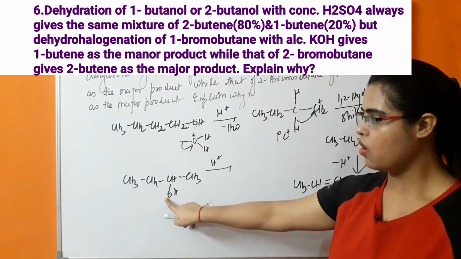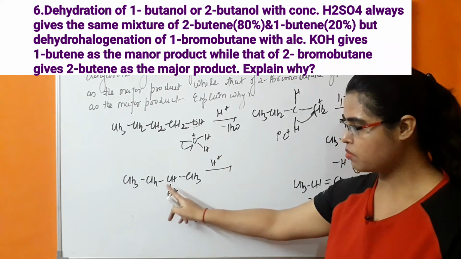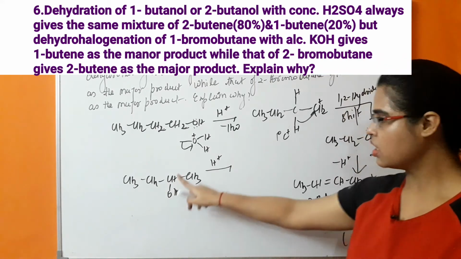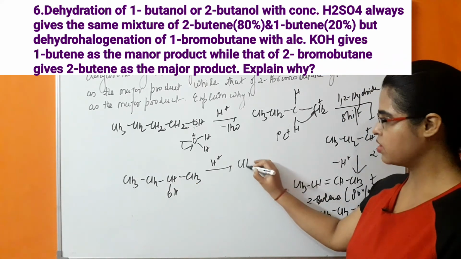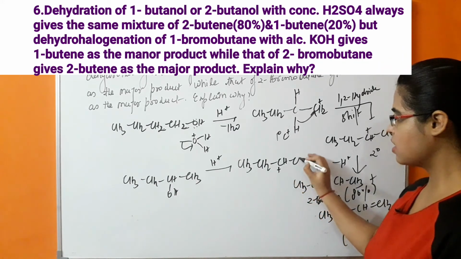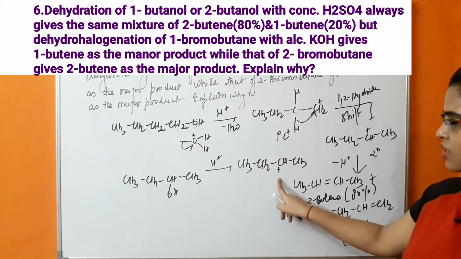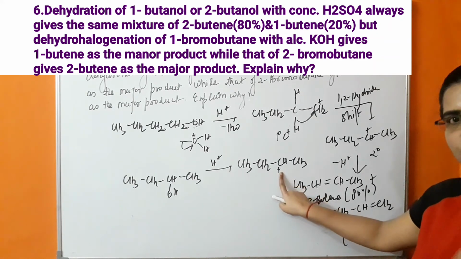Because of that, oxygen will have a positive charge, so the carbon-oxygen bond will shift towards the oxygen. So there will be formation of a secondary carbocation. It means the positive charge is coming on this carbon. So in this case also, there will be no need of a 1,2 hydride shift, because